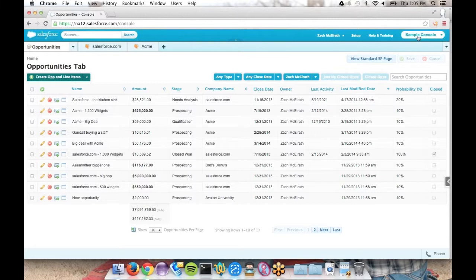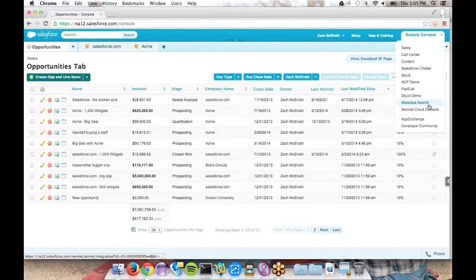What we're looking at right here is an app called Sample Console. You'll notice in our app picker up on the top right, you who are familiar with Salesforce know that you can have a lot of different apps, and each app is essentially a collection of tabs. An app could also be described as a tab set. That's another way of looking at it.